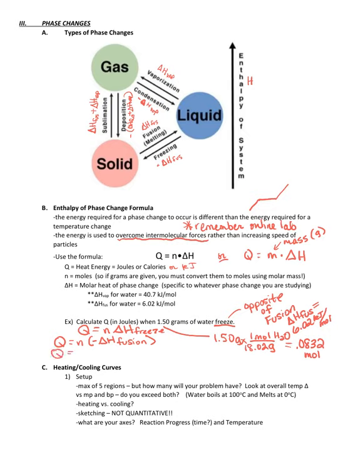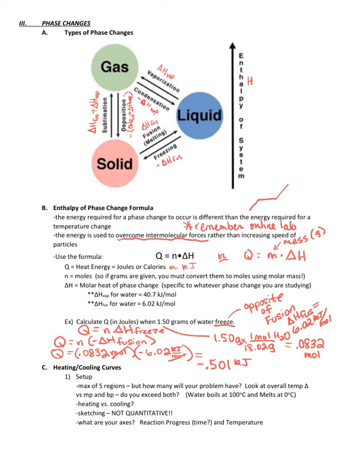n, we said, is 0.0832 moles, and for fusion, negative 6.02 kilojoules per mole. Moles cancel. We're going to take our 0.0832 times negative 6.02 and we get negative 0.501